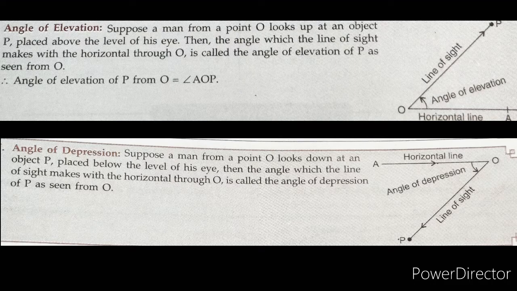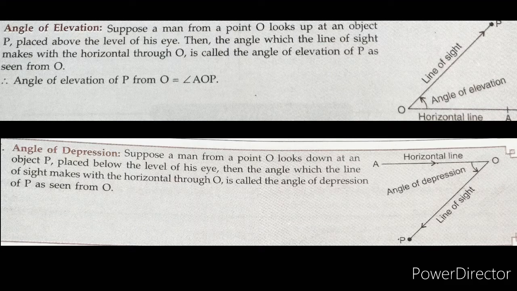Okay, I will brief you. The angle of elevation is the angle between the line of sight and the horizontal line. If you are looking at some heighted object, then the angle made between your line of sight and the horizontal line through your eyes is the angle of elevation. Similarly, if you are looking downwards from a high building, then the angle between the horizontal line through your eye and the line of sight is the angle of depression.